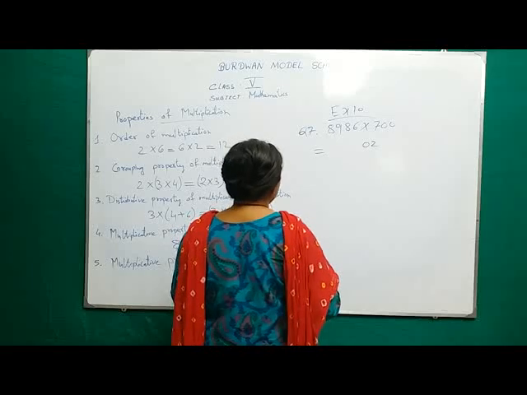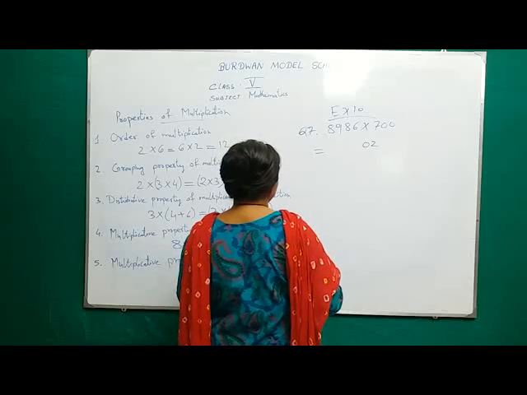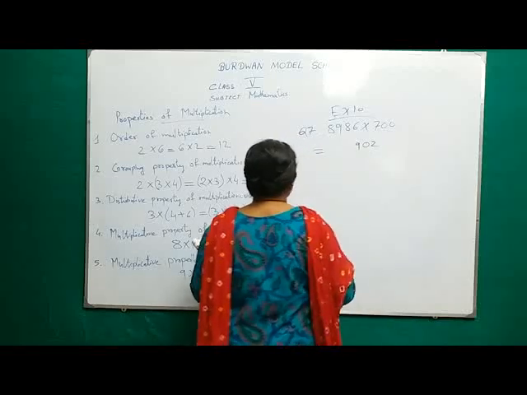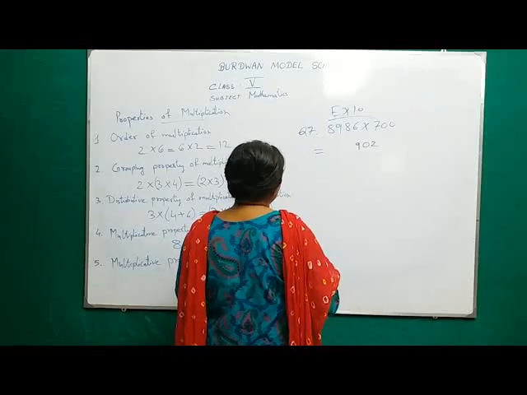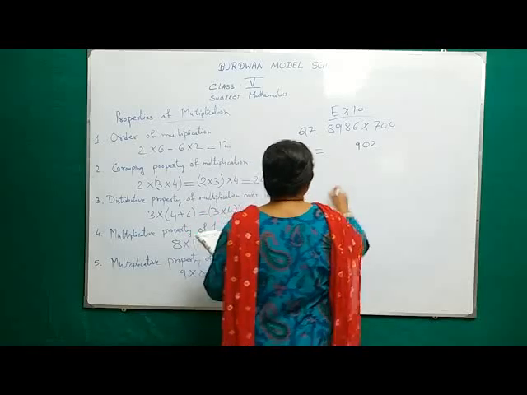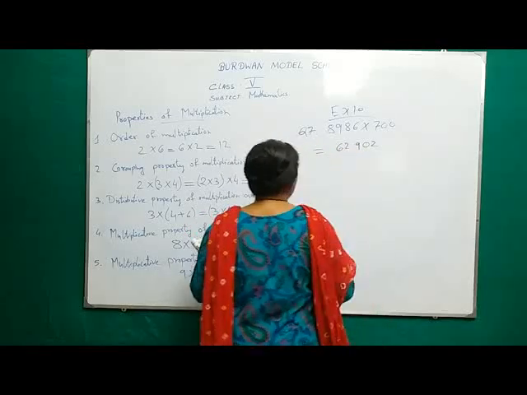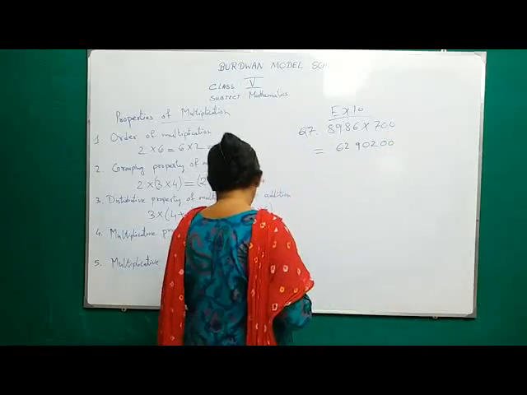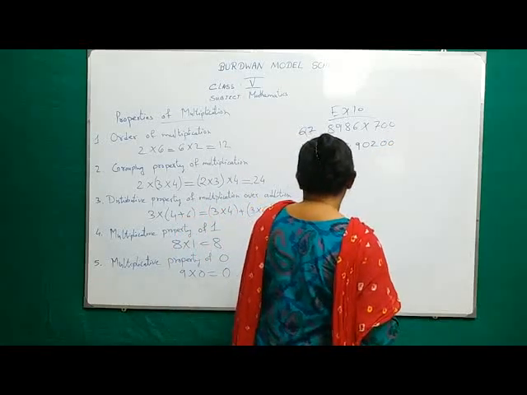Then 7 9s are 63, plus 6 is 69. Again carry 6. 7 8s are 56, plus 6 is 62. And since 2 zeros are there, you will add 2 zeros at the last. So the answer is